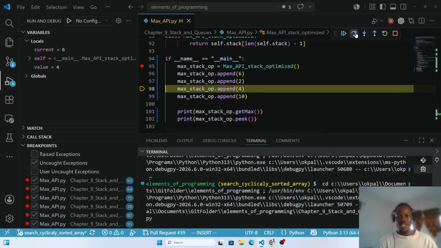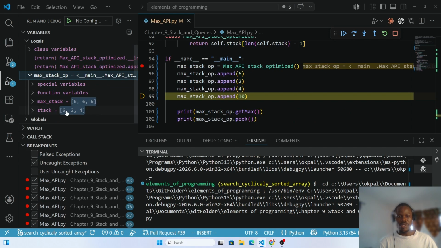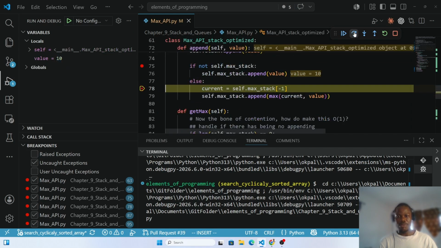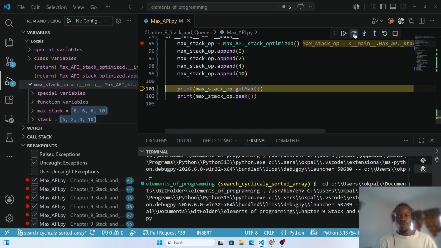After going through everything, we can still peek at this. Our normal stack is 6, 2 and 4, but our max stack remains at the biggest value. Then all of a sudden 10 comes into the block, and 10 is now the biggest on the block, and it's also the tip of our max stack. So that's it. Now, when we do get max,